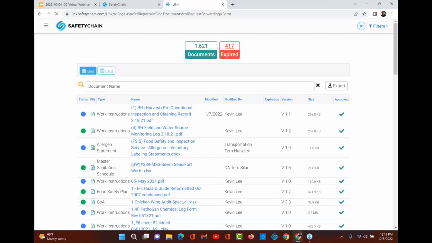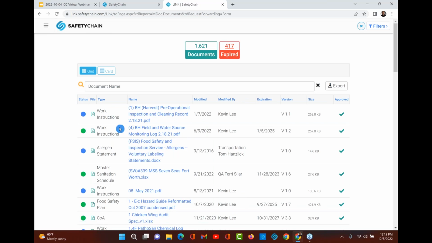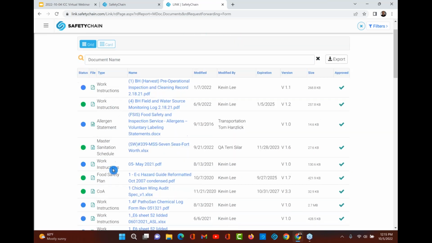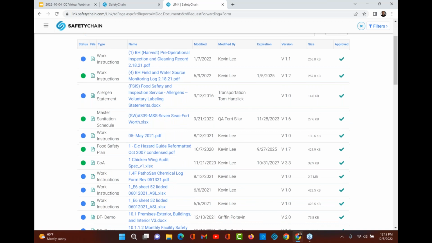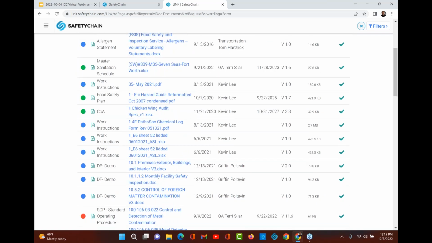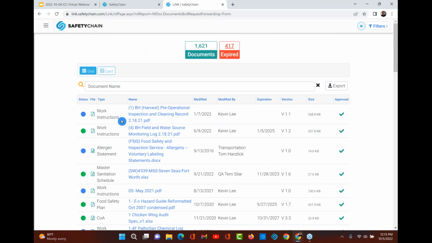When we think of this as a document repository, I have my work instructions. I could have my master sanitation schedule or any sort of SOP that you want. The value of this particular platform benefit is it allows you to see which documents, who modified it, the version, and the size. All of our data we can export to Excel, but I can also put this into a